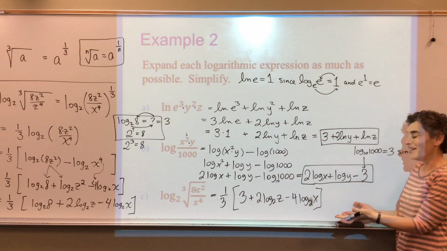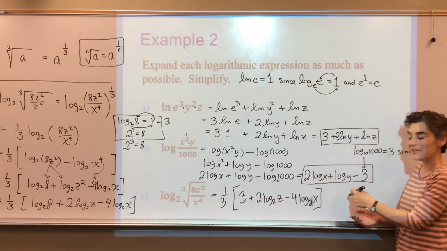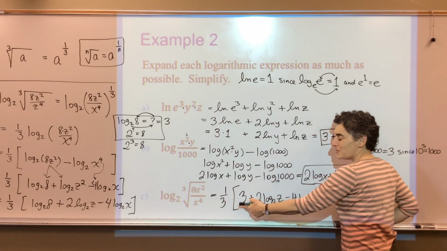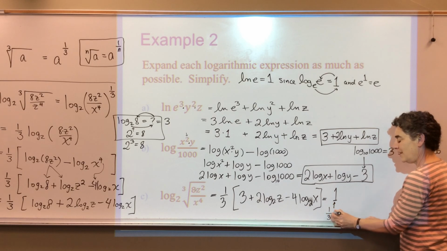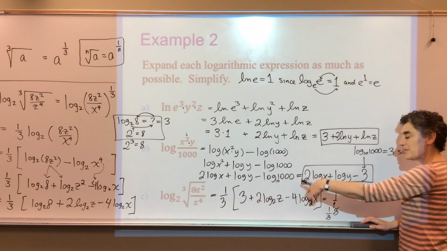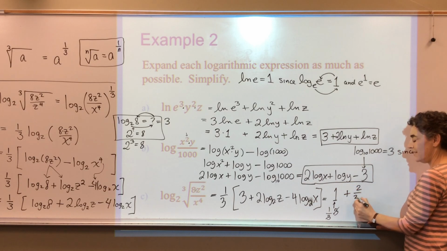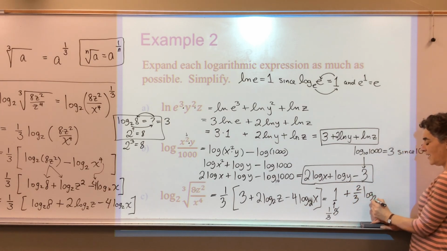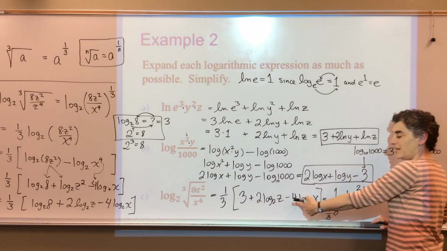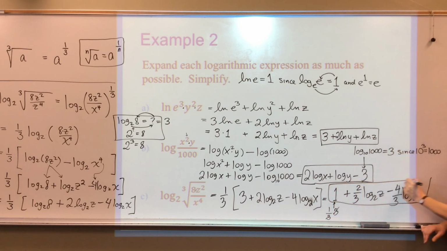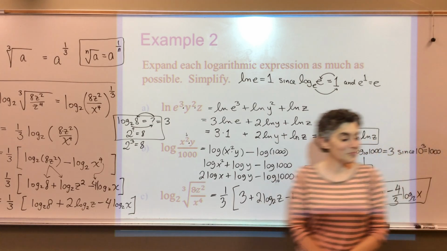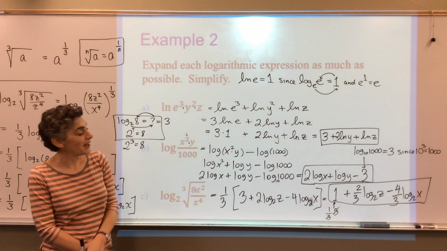And that's fine. You could, if you want, distribute the 1/3. And 1/3 times 3 is 1. So that would make 1. 1/3 times 3, 3's cancel. 1/3 times 2 is 2/3 log 2 of z. And 1/3 times negative 4 is negative 4/3 log 2 of x. I think that's the end. This would be the simplified form of that radical expression. All right, so we got a good workout on all the